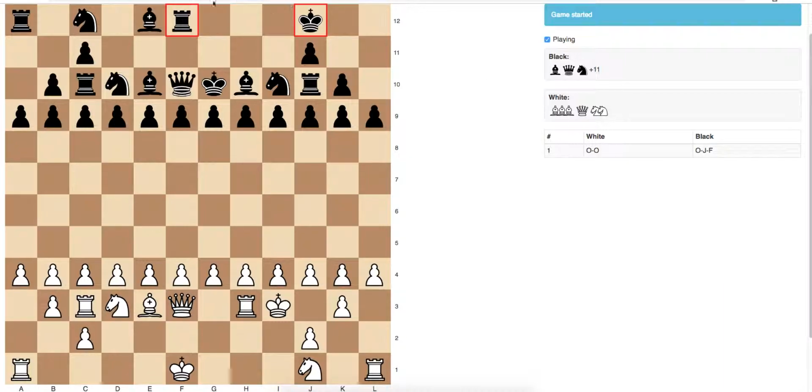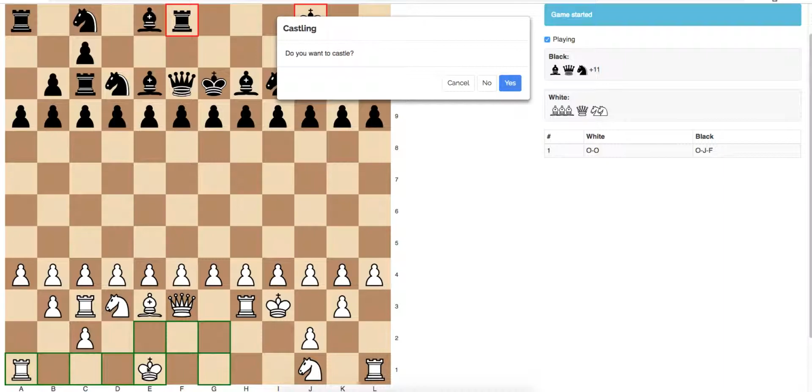In Synergy Chess, the O indicates that we're castling. The J is because the king has landed on the J file and the rook has landed on the F file. So if we castle the other side, now if I want to move one square I can,